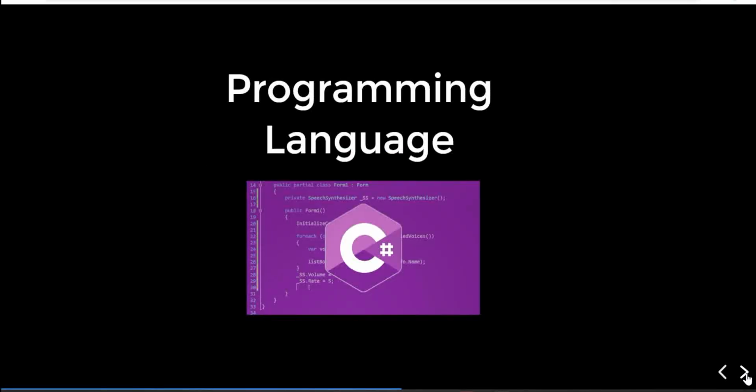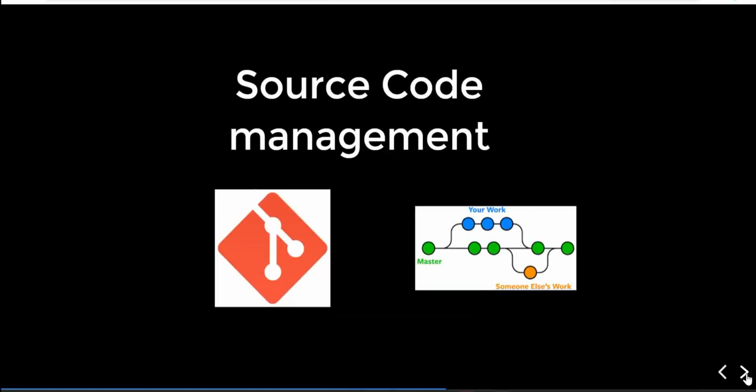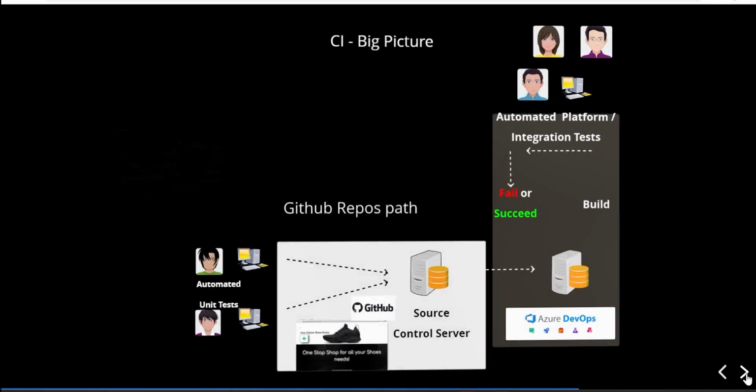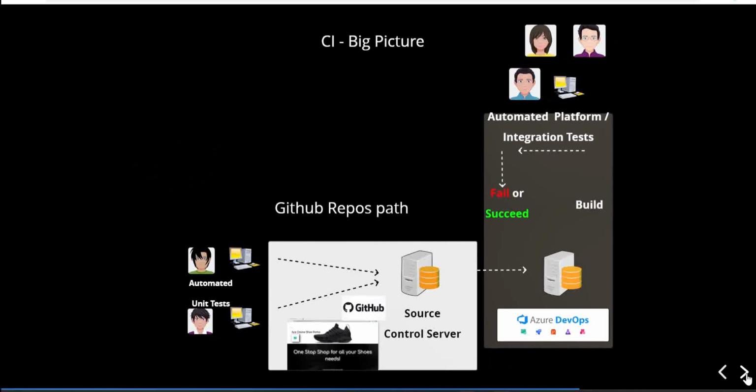We are using programming language which is C#, source code management which is Git, which is most widely used source code management. And by the end of this course, you will be able to use the programming language of C#, use test automation tool which is Selenium, DevOps tool which is Microsoft Azure DevOps, test framework which is MS Test which is a .NET framework, use source code management which is Git,